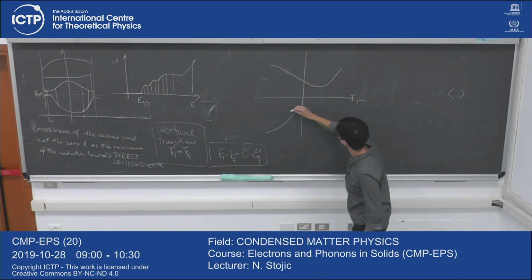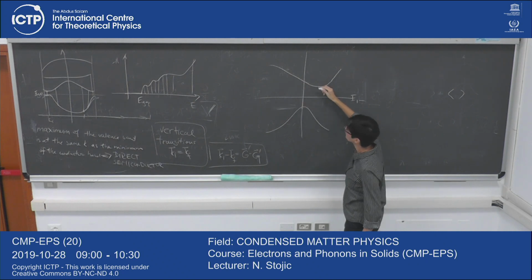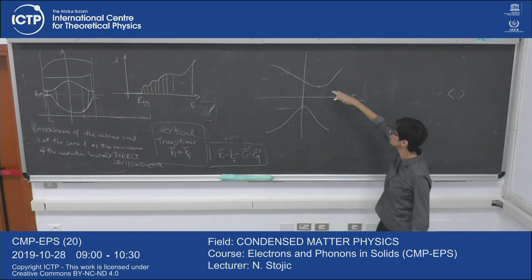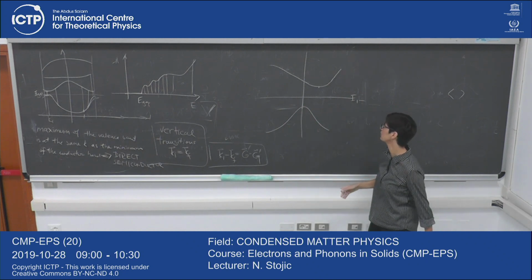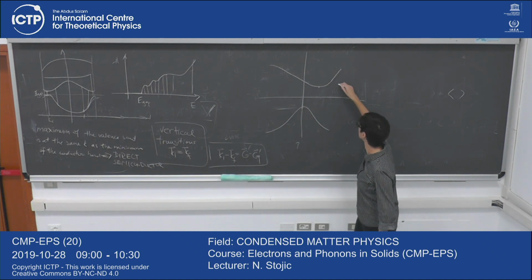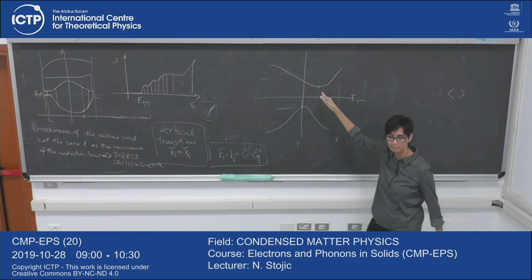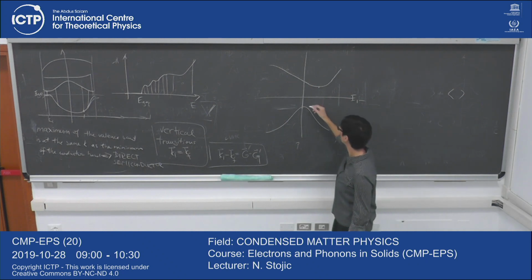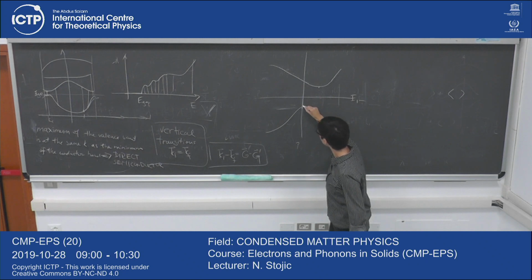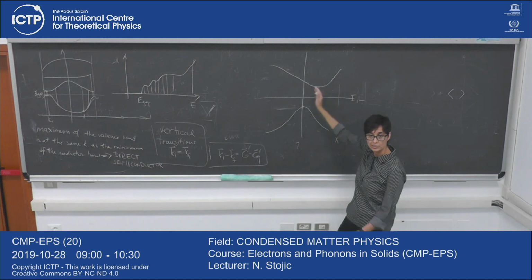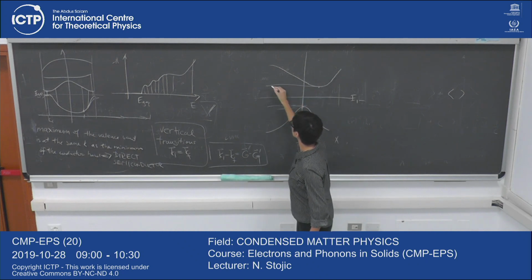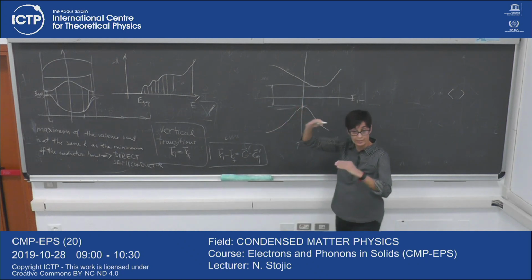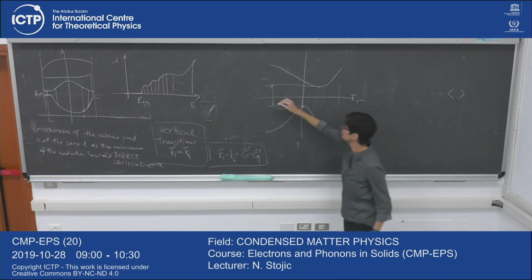In this case, this is not true. What I'm drawing, of course, assumes this is the lowest part in the whole band structure, and this is the highest. In silicon, it occurs between gamma and X. But this doesn't quite look like silicon. So the maximum of the valence and the minimum of the conduction are shifted, and this is still the gap energy. The shortest distance between the two is the gap.